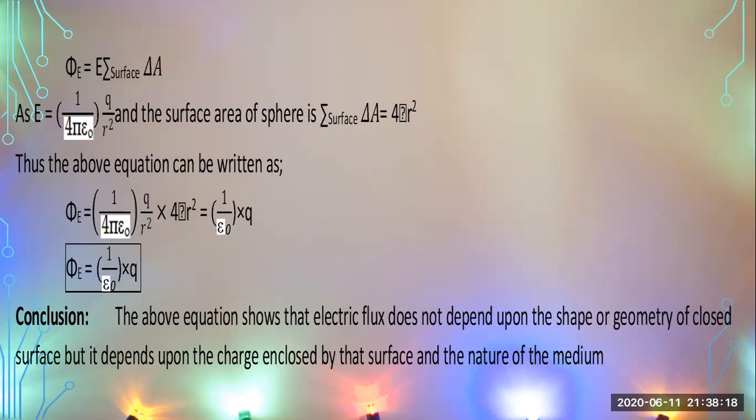By putting all the values in this formula, if you are looking directly at this presentation or lecture, it will be very difficult for you to understand. First you have to understand the concept of electric intensity, and by using that concept you are able to calculate electric flux. This is the value of E, and this is the total area, that is 4 pi r square. This 4 pi cancels, and then you get 1 over epsilon naught Q, and this is the electric flux through a closed surface.